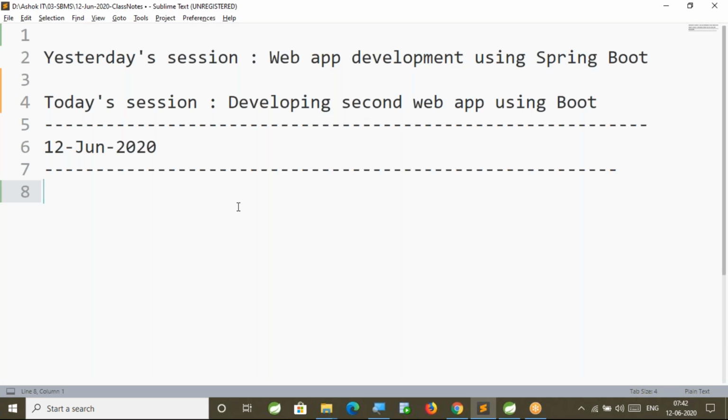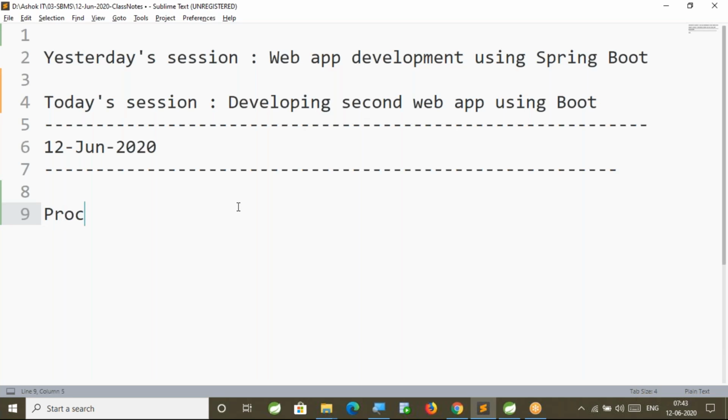The prerequisite to understand this class is MVC architecture. We already uploaded a video to YouTube on what MVC architecture is and how the request will be processed in an MVC based application. With that knowledge, today we are going to build our application by using Spring Boot.